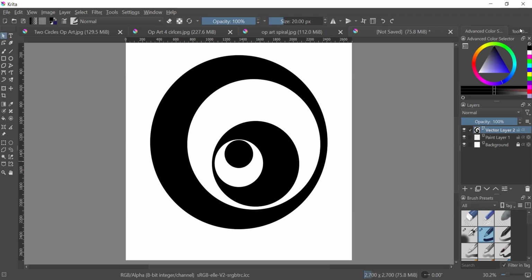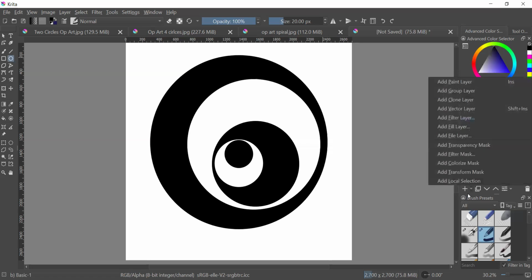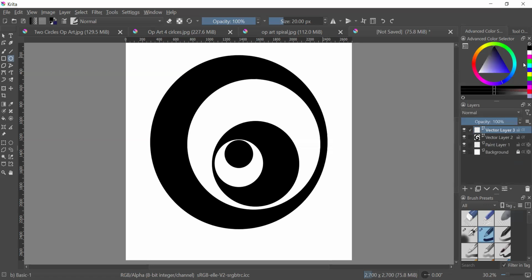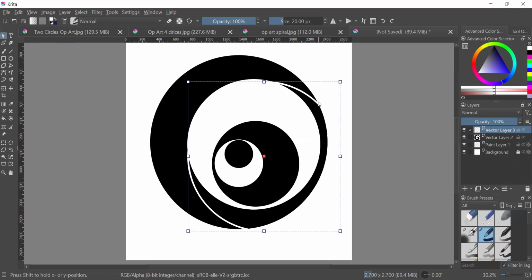So I'm going to go over to my tool, make sure I'm in my circle tool. And this time I'm not going to fill my circles. I'm just going to create regular circles. I think I don't have to put them on another layer because of the way vectors work, but I'm just going to do another layer just for fun. And I'm going to start with white. And I'm going to make a circle again. And I'm going to move it so that it is